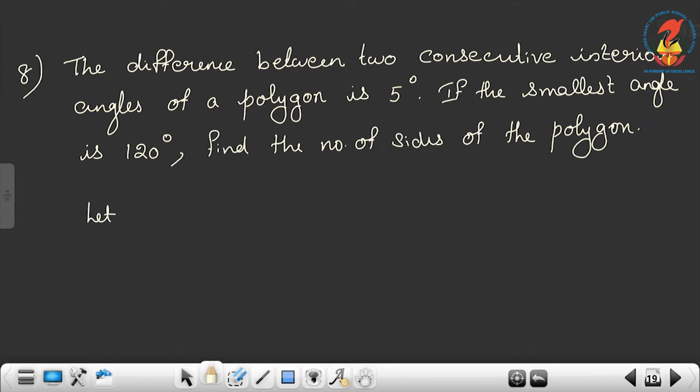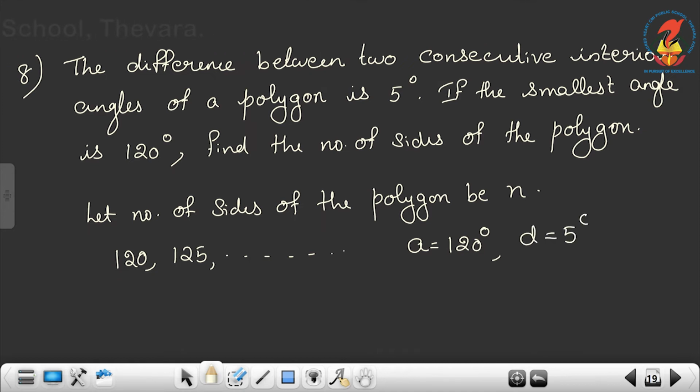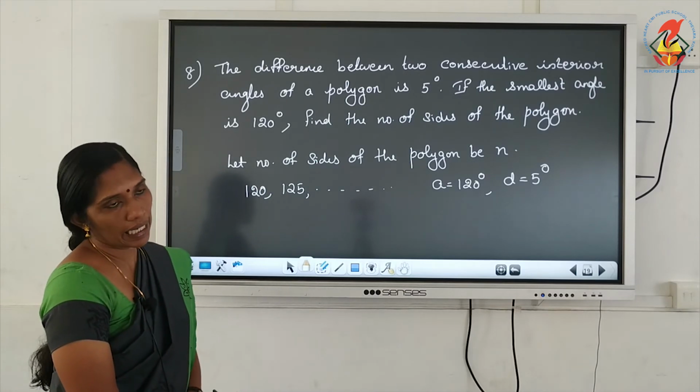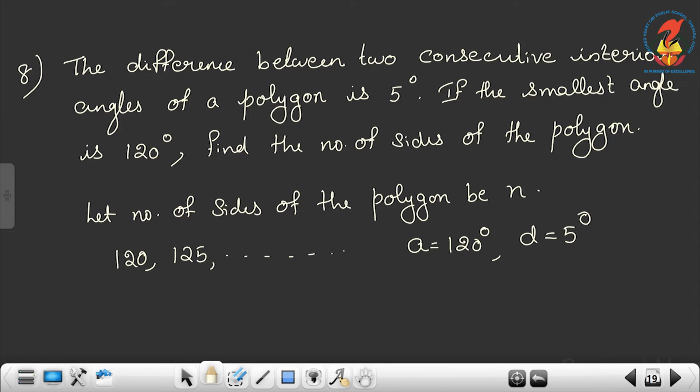So let the number of sides of the polygon be n. The smallest is 120, then 125, like that it goes on. That means a is 120 degrees, the first term, and the common difference is 5 degrees. Only this much is given, we have to find n. So the last term we do not know. Then we know that the sum